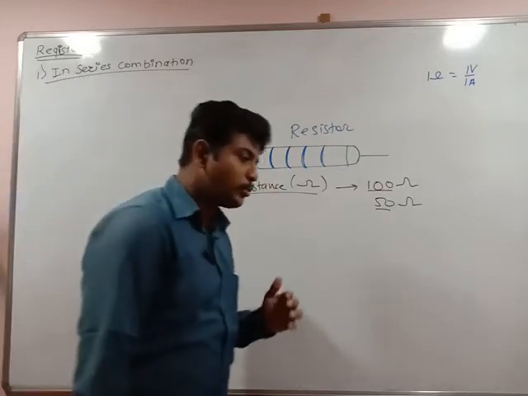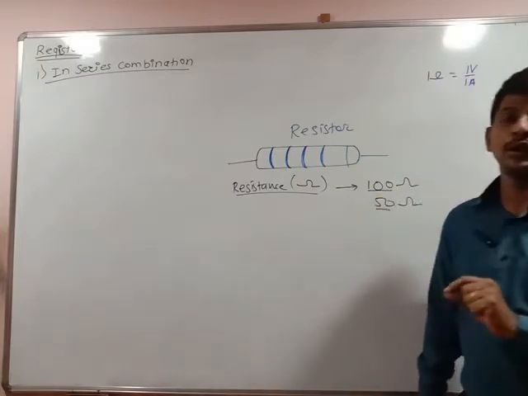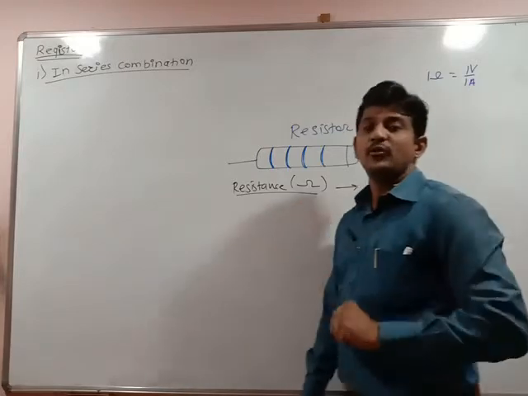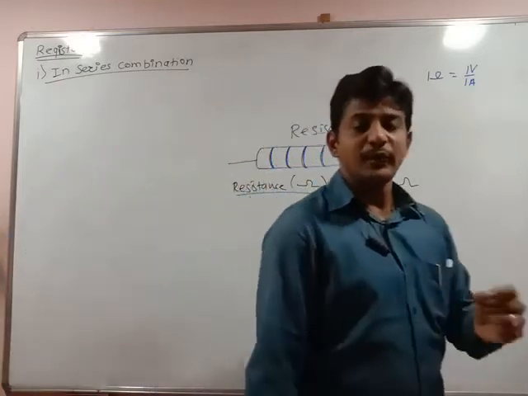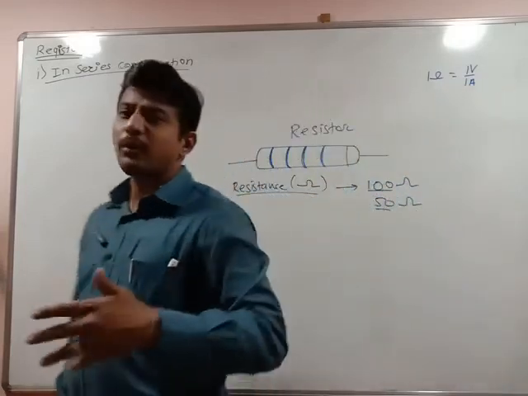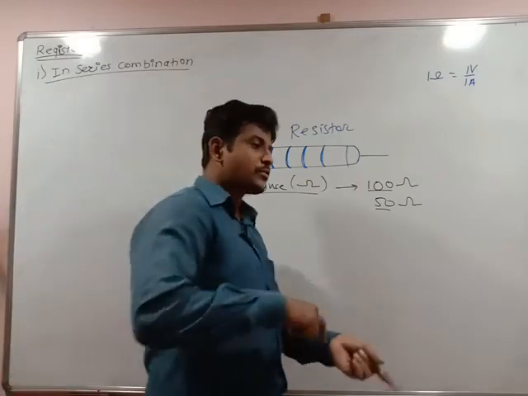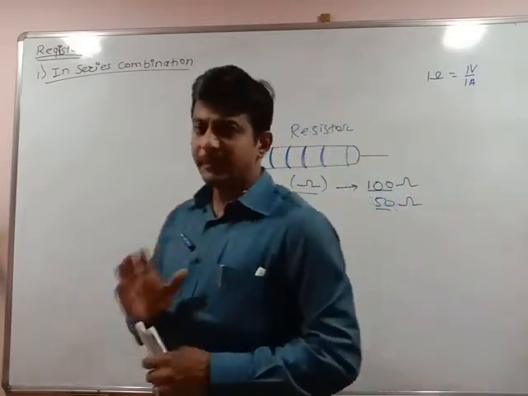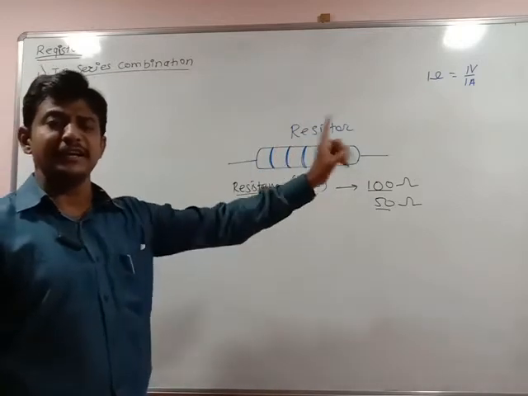If we are going to increase the current, we have to put a resistor with a lesser value, because to increase the current we have to decrease the resistance of the resistor. To decrease the current, we have to increase the resistance of the resistor in the electrical circuit. So based upon what output we want, आउटपुटला आपल्याला करंट जास्त पाहिजे आहे का कमी पाहिजे आहे त्याच्यावर ठरवायचं असणार आहे की रेजिस्टन्सची व्हॅल्यू कमी पुटअप करायची का जास्त पुटअप करायची. So keep in mind, a resistor is nothing but a device which is used to control the current in electronic and electrical devices.